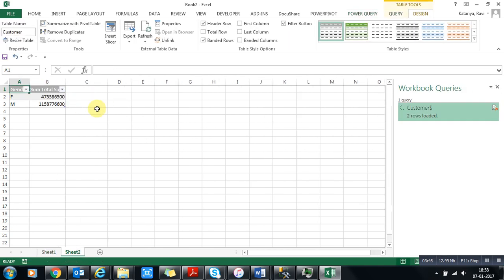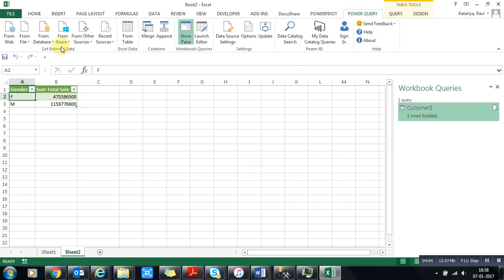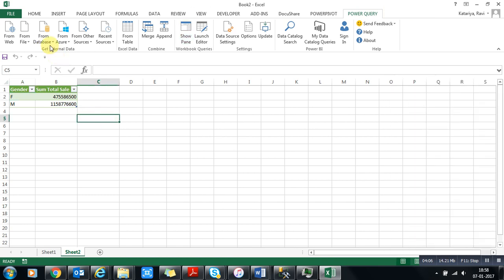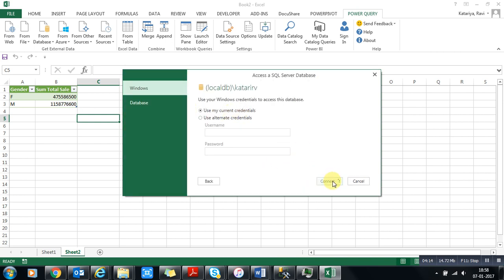So you can see this is a simple transaction which I have performed in SQL Server database, in which we have a table. We have linked this table, and let's suppose you have more than one table, and you have a relational database which is available in the SQL Server database. Then you can do it also in a way. Let's suppose we have a SQL Server database in which we have a relational database, and I will put my server name again and connect to the server.